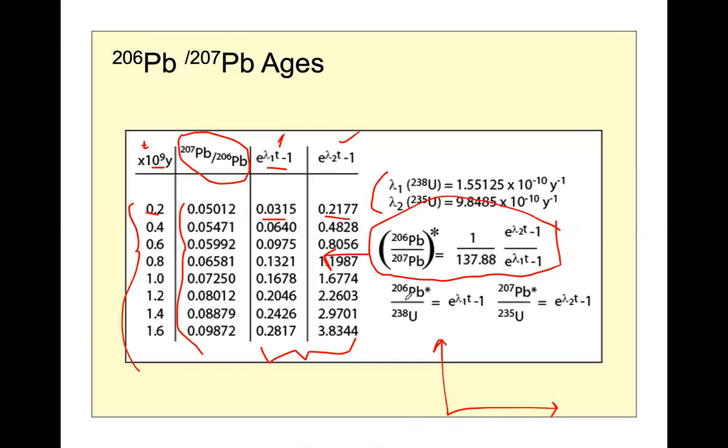See, 206 star divided by 238 means e^(λt) minus 1. Similarly you can do it for the other equation also: 207 lead star divided by 235 equals e^(λ2 t) minus 1. All right,